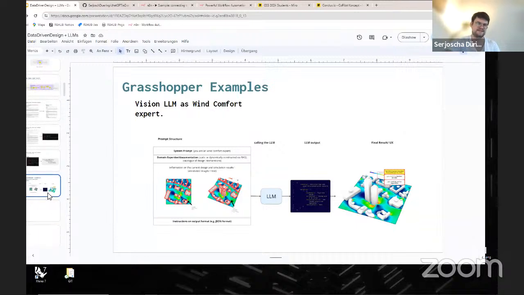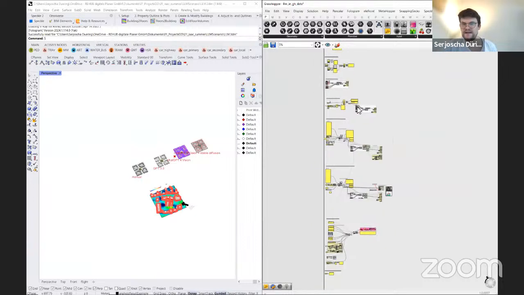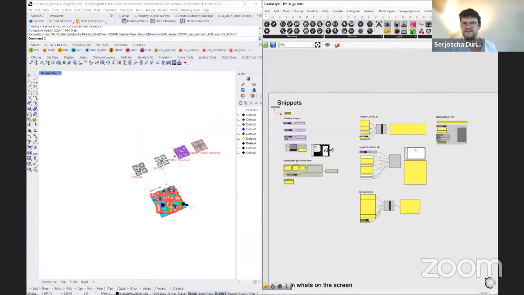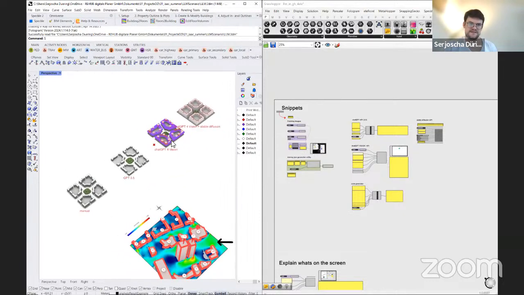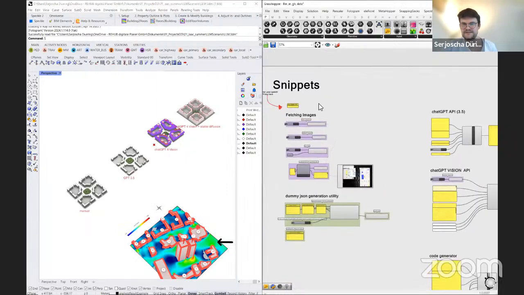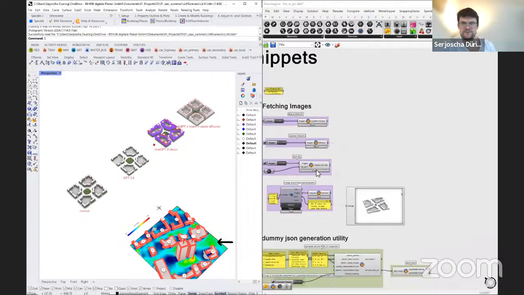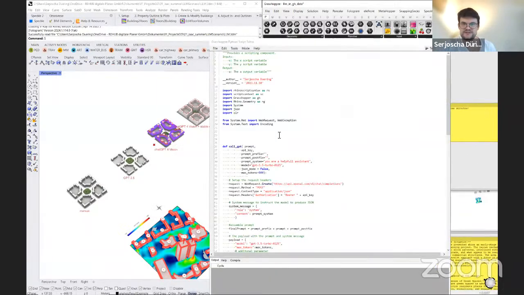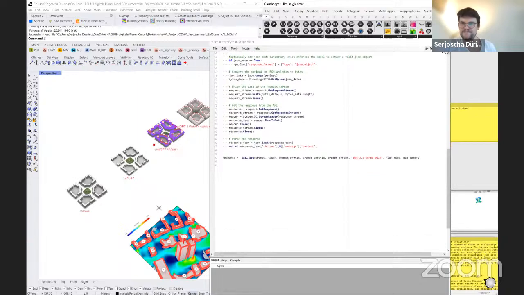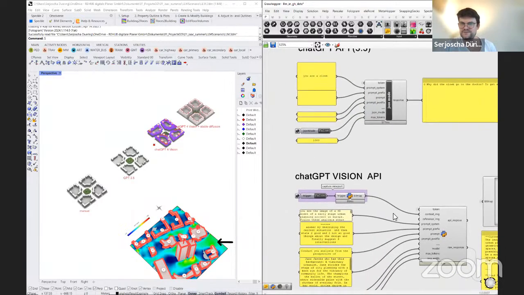All right, that was it with the overview. Let's jump to a more practical approach. I would just like to guide you through this Grasshopper file I have prepared, and then dive 5 minutes into n8n. So this is a Rhino Grasshopper file. We have here a few simple parametric models, and on top, right-hand side, we have some snippets to fetch images, take a screen grab from the viewport, some basics, but also how to call the ChatGPT APIs. So here it's just Python code to essentially access the API, quite straightforward, and then some ways to input your prompts and choose which model you want to use.